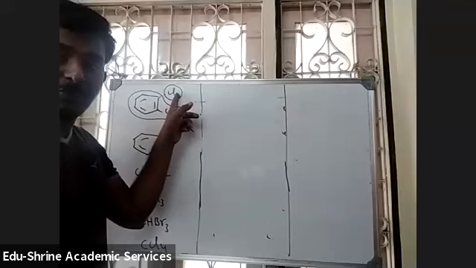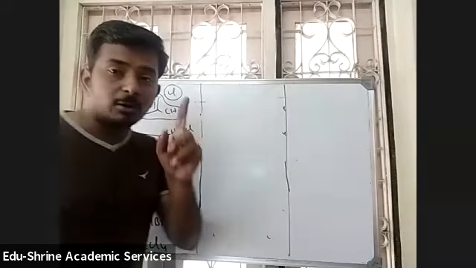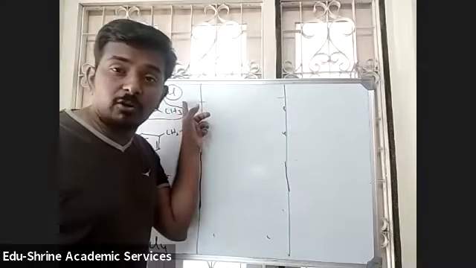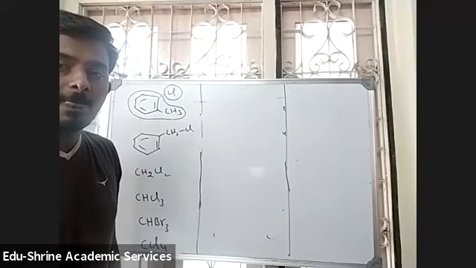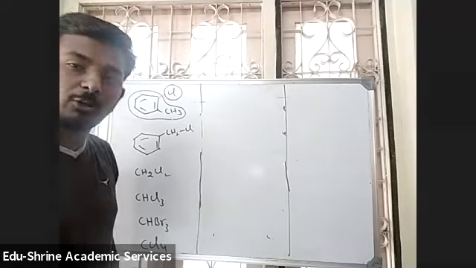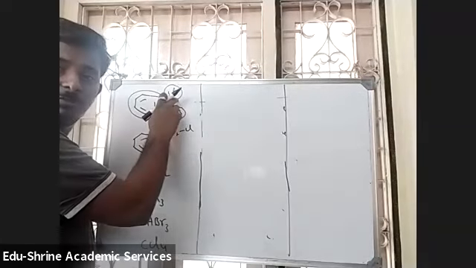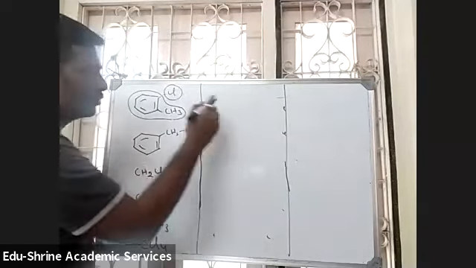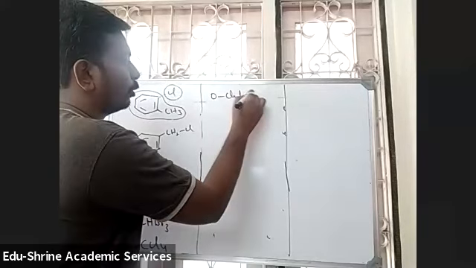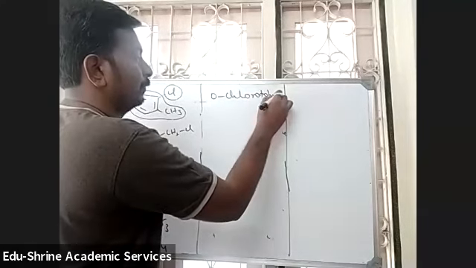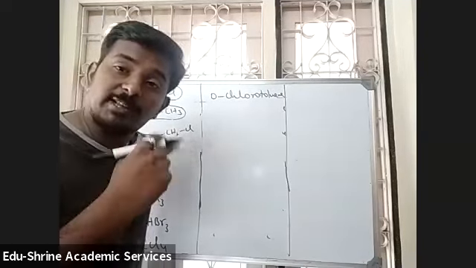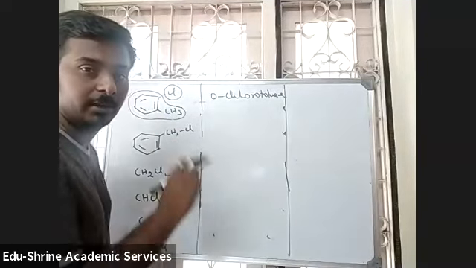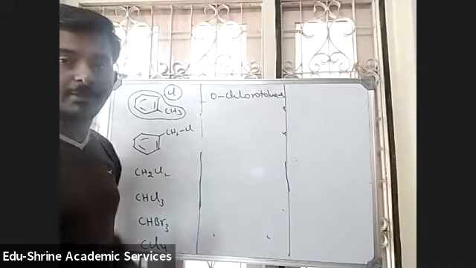Chlorine is taken as a substituent. This is the base compound. Yes, chlorotoluene. Position you need to write now on the benzene ring, whether it is ortho or meta or para. Ortho, because both are at adjacent positions. So it is ortho-chlorotoluene. Toluene is both an IUPAC name as well as a common name, students. So ortho-chlorotoluene is the name.